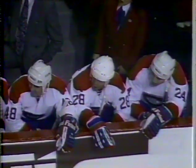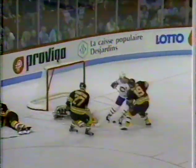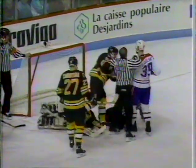Ray Bourque, I don't think, has been better defensively in this series than what he has shown here in the third period. Look out here. Bourque lost control of it, and Moog just bailed him out. You were saying? You know it. Bourque was about to play the puck, but he was beaten to it. And Andy Moog